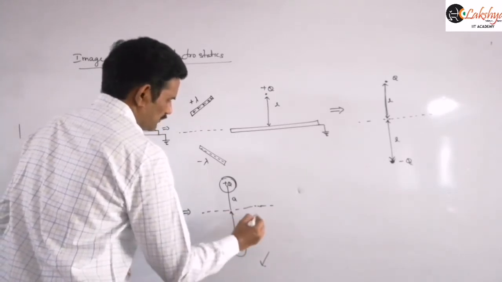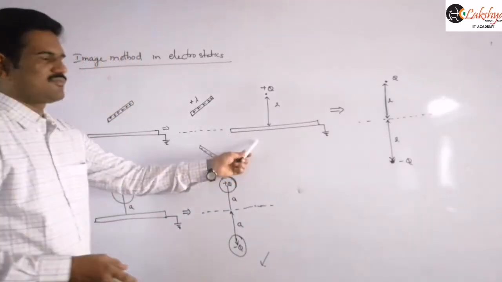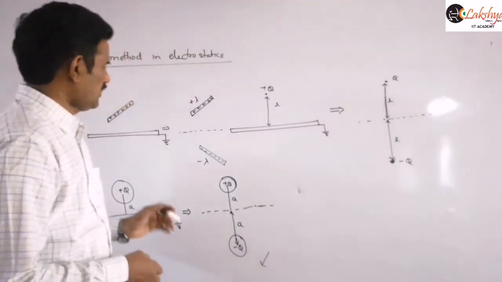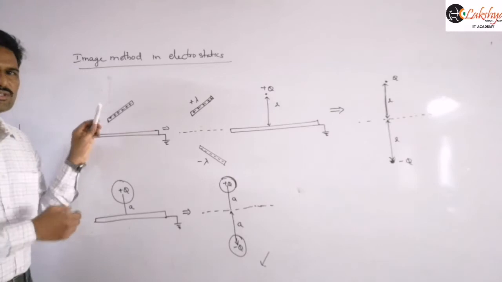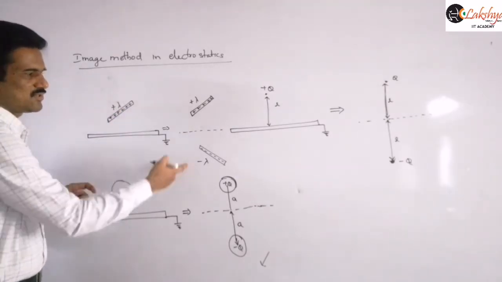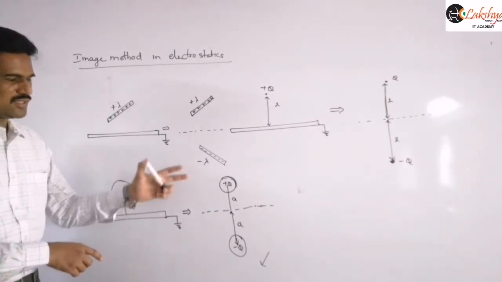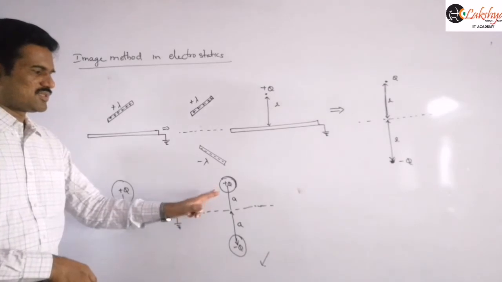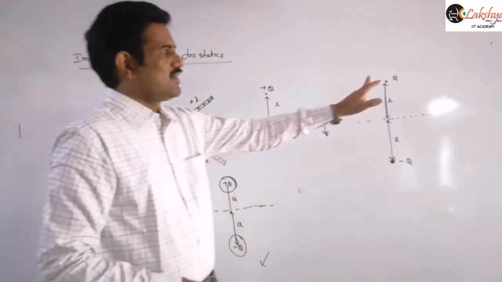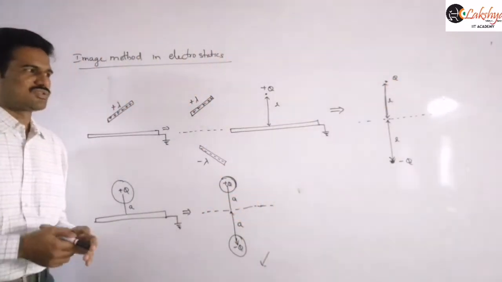So that is the image method here. If a point charge is given like this, then we can replace the point charge by this method. And if a rod is given having some charge density plus lambda, then we can convert its image like this. And similarly, if a spherical charge distribution is given here, then we can convert it like this. If it is plus q, minus q; if it is plus lambda, minus lambda; if it is again plus q and minus q. So like that we need to convert the given system into its image, right?